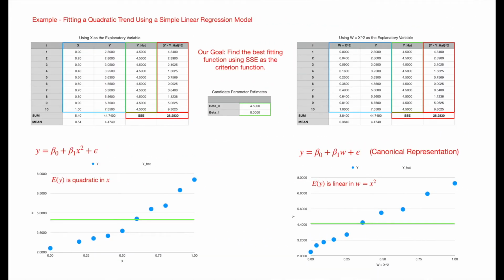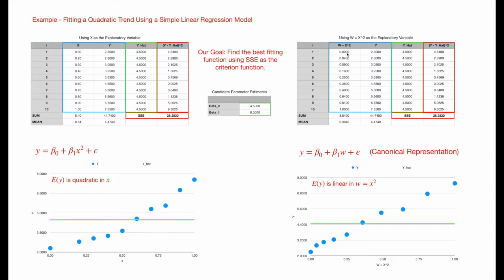So let's take a look at this spreadsheet that I've created for visually fitting simple linear regression models. We're going to be fitting a quadratic trend using a simple linear regression model. The first thing I want to point out is that I have the data set in two places in this spreadsheet. In the upper left corner, I have the data set where I'm using x as the explanatory variable. In the top right, I have a version of the data set where I'm using w equal to x squared